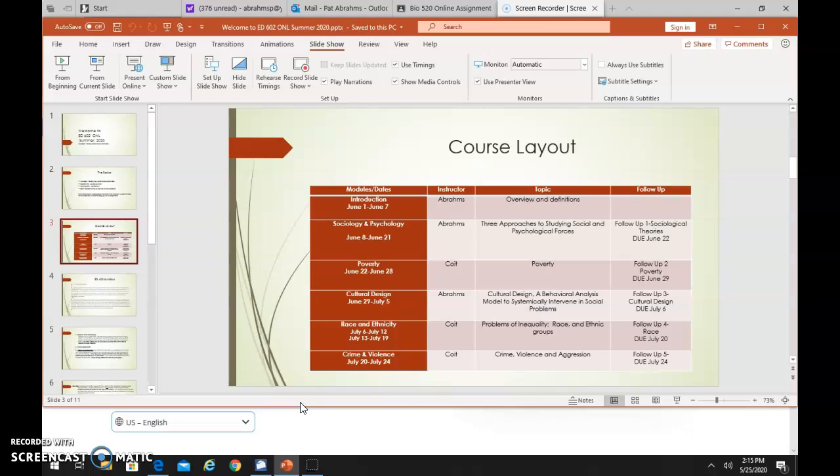Our second and third units actually are the sociology and psychology, and differentiating between the two of those, as well as understanding the 3 sociological theories that we're going to be working with. And notice you'll have assignments due and forums due during those time periods, but the sociology and psychology modules will mark the end of that first big area that we cover, and you will have your first follow-up due on June the 22nd. Poverty, the next module, begins on June 22nd, the day that the first follow-up is due, and